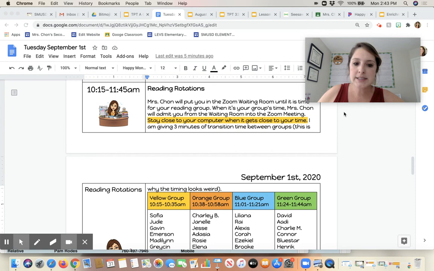And the other thing is it's going to be a little overwhelming at first going full day for all of us. So I am trying to work in lots of breaks throughout the day. But if it's independent work time and your child is having a hard time or really needs a break, please give them a break and finish the work later. And if you don't finish the work, just email me and let me know what's going on. Just keep me in the loop. I'm very flexible and we can figure things out together.